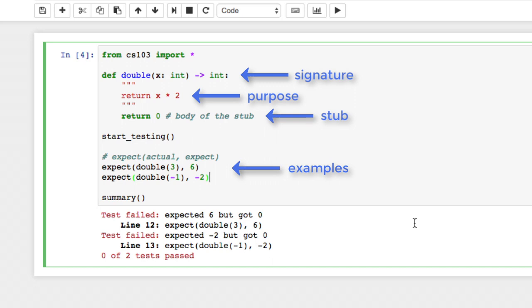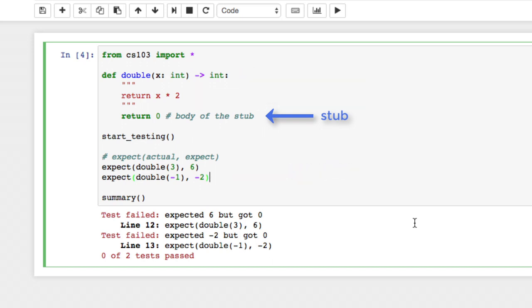This is the point in the function design that our stub provides value. We have a fully defined function named double, but the function is currently just a stub. It takes the input and returns the right type of output, but isn't complete and does not yet fulfill its purpose. It's important to have a stub when we create our examples so that we can run the examples and check to see if they have correct syntax.